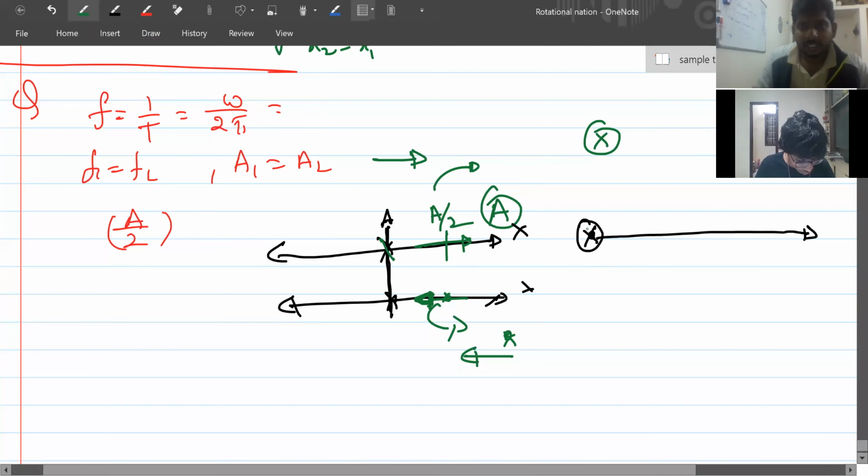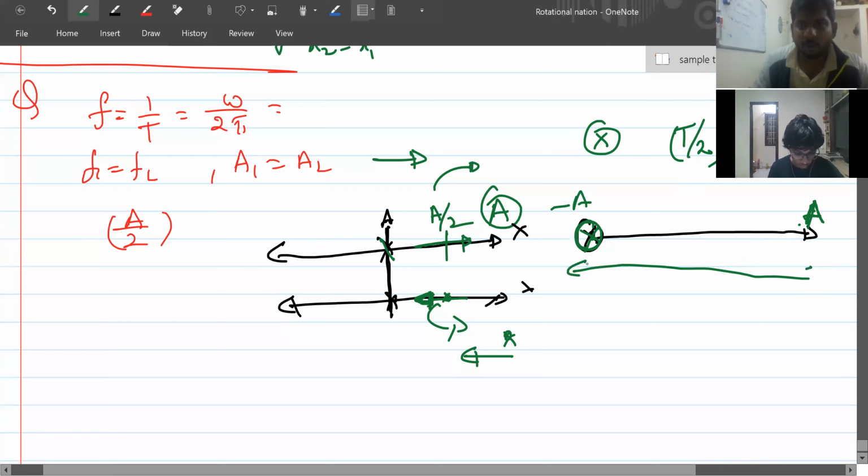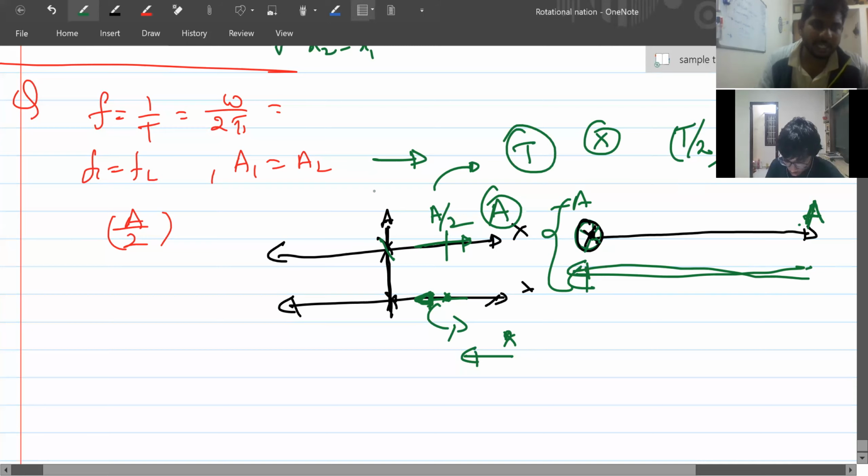You see here, suppose the particle started here and has gone to this place. Both take the same time for the entire amplitude, because the time period is the same for both of them for one oscillation. From minus A to A, how much time will it take? It will take T by 2. Minus A to A it will go, and again A to minus A when it comes back, the total time period will be T. One oscillation is completed. While going upwards it is T by 2, while going backwards it is T by 2, right?